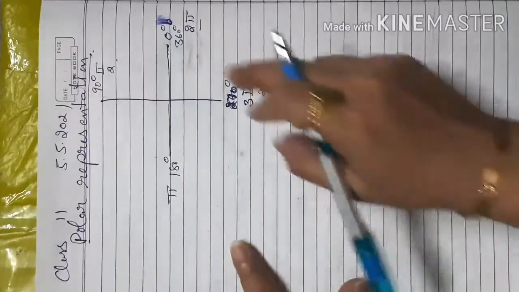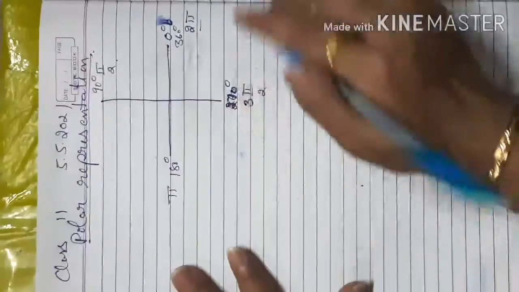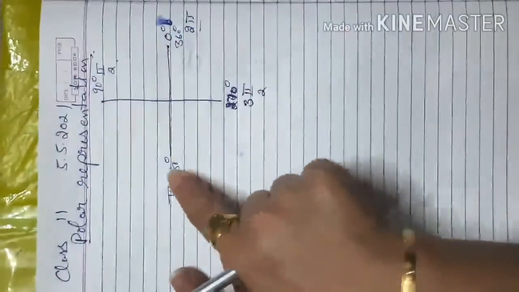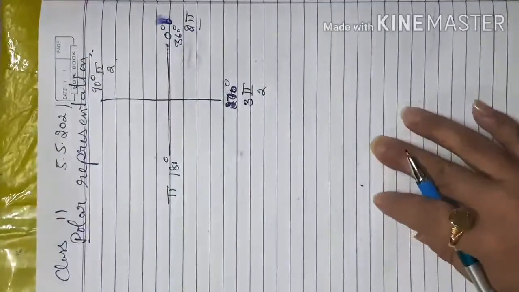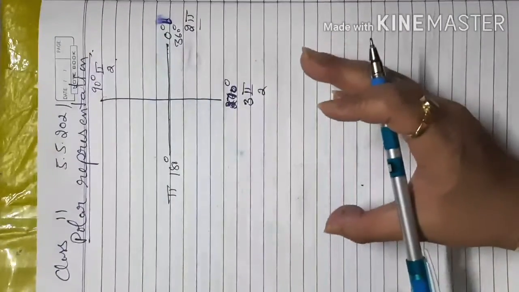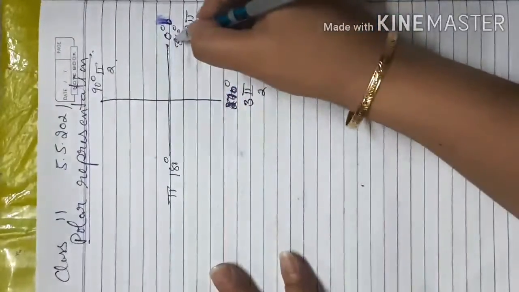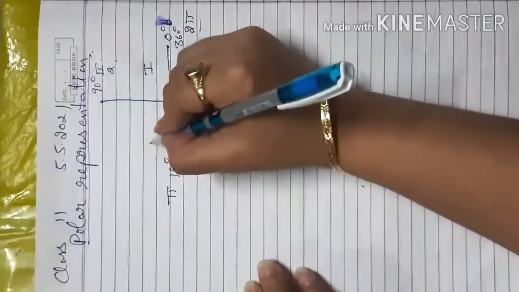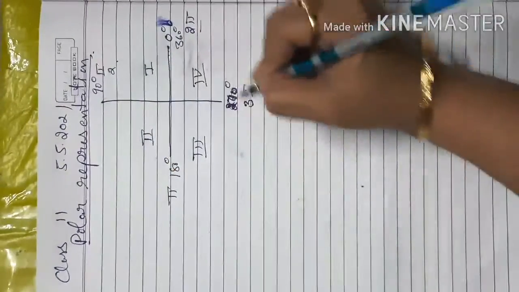So when we move anti-clockwise again and again, your value will increase, like 2 pi plus pi by 2, then plus pi, plus 3 pi by 2. So the value will be added continuously, infinitely. But first we consider the principal value, meaning we move from 0 to 360 degree, only one round. So first we consider this is my first quadrant, this is my second quadrant, this is my third quadrant, and this is my fourth quadrant.